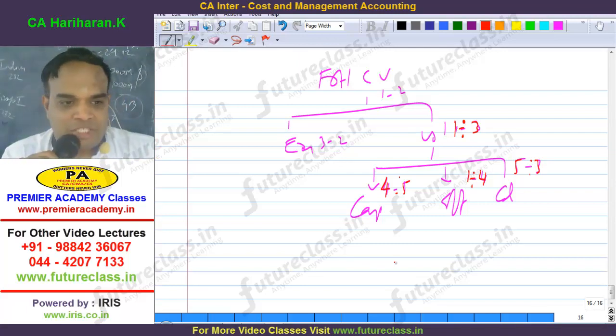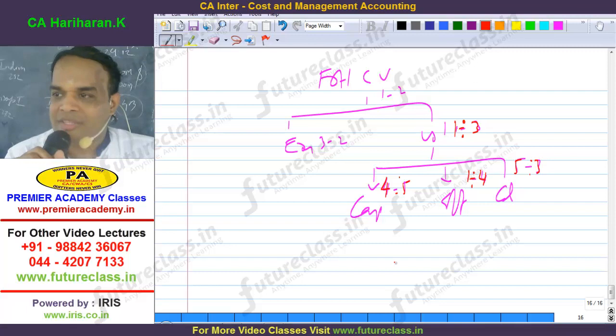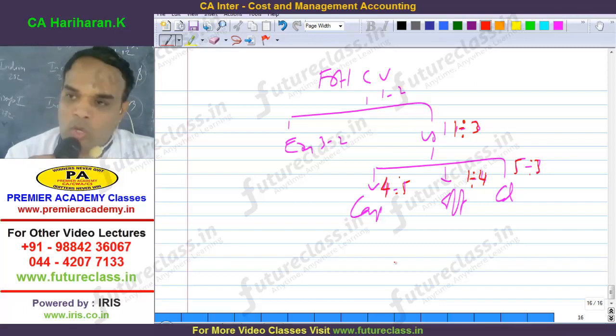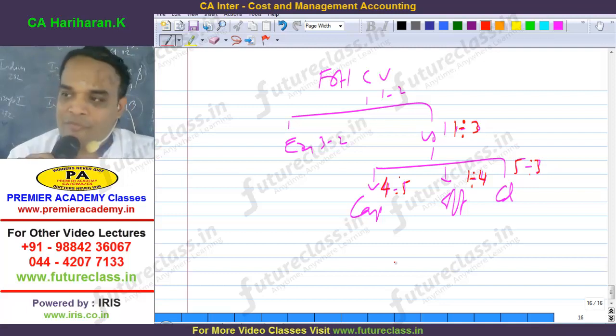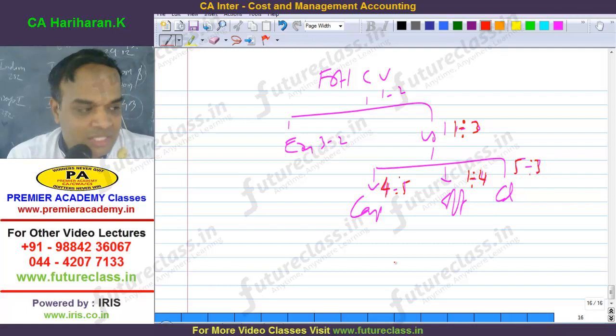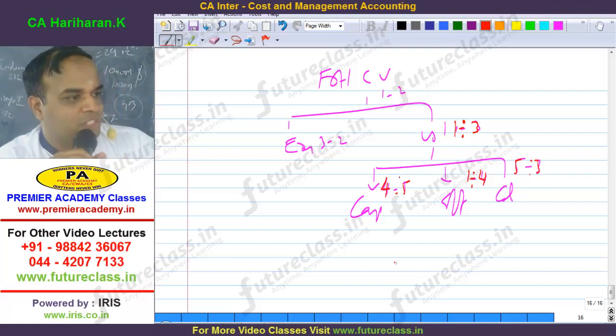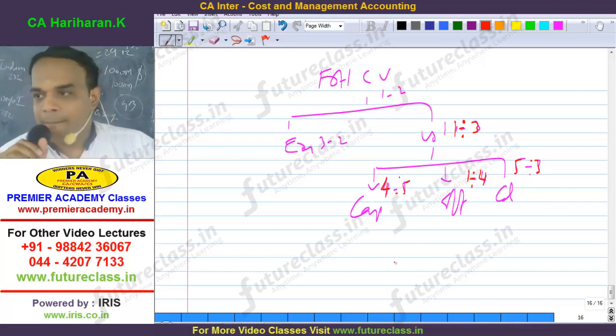Instead of subtraction, just do the division, then it is called the ratio. 1 by 3 is equal to volume ratio. Now 100 by 3 is equal to volume ratio. 1 by 4 is equal to efficiency ratio. Now 1 minus 4 is equal to efficiency variance. 100 by 4 is equal to efficiency ratio. Since it is a ratio you have to multiply with 100. Instead of subtraction, if you are going to division, that's the ratio, sir. Little fast. Over.